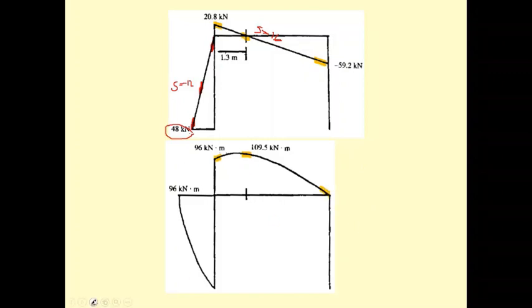You may put the slope here as s equal to 20.8, this one s equal to 0, and this one s equal to